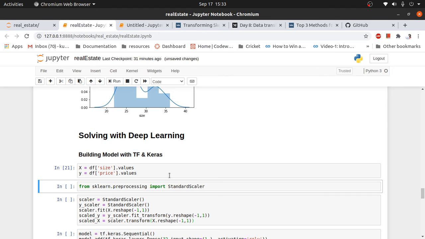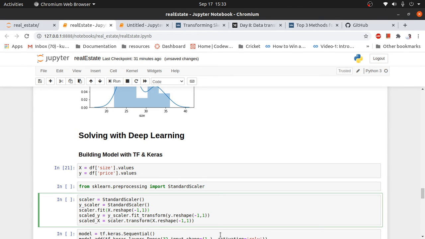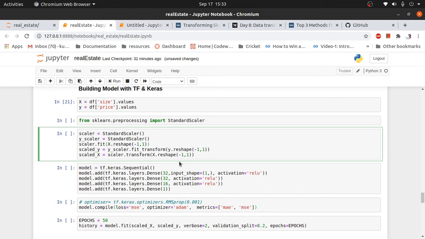Now I am scaling these variables before passing them into a Keras model. I am scaling with the help of the StandardScaler function from the sklearn library.